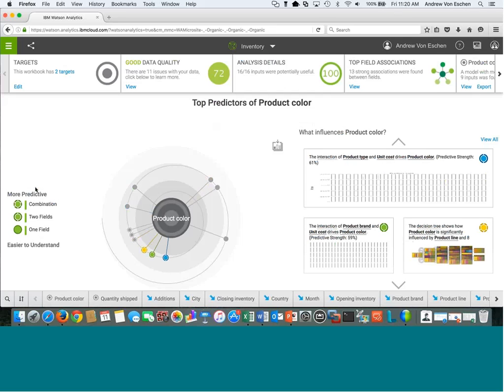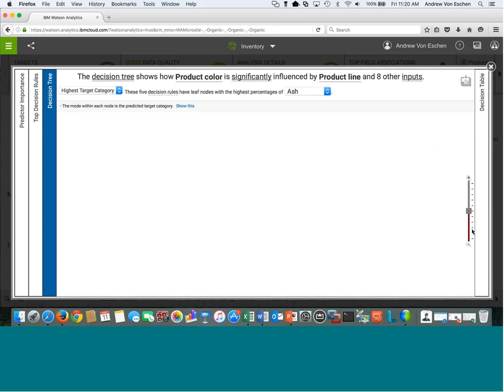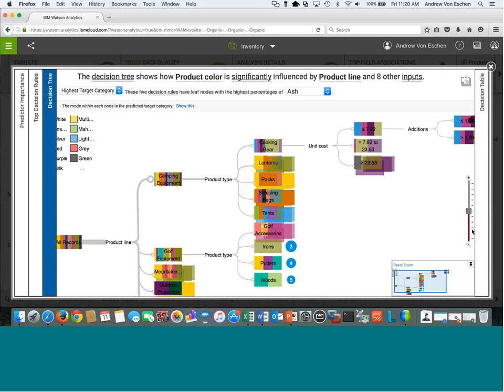So you notice as I jumped out to a combination, I've gone from about a 50 to a 60, which still isn't great. It's a little bit better, but I have some different options available, right? I can look at things by product type, unit cost, product color. The one I'm curious about is this decision tree. I can run a decision tree and see what's impacting certain colors or offerings, right? So I'm looking at the highest.